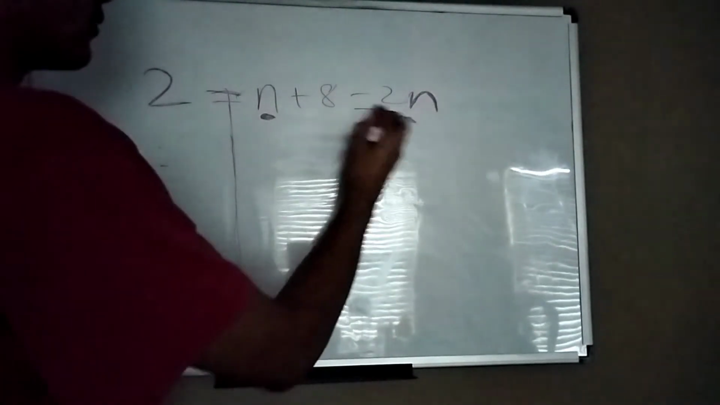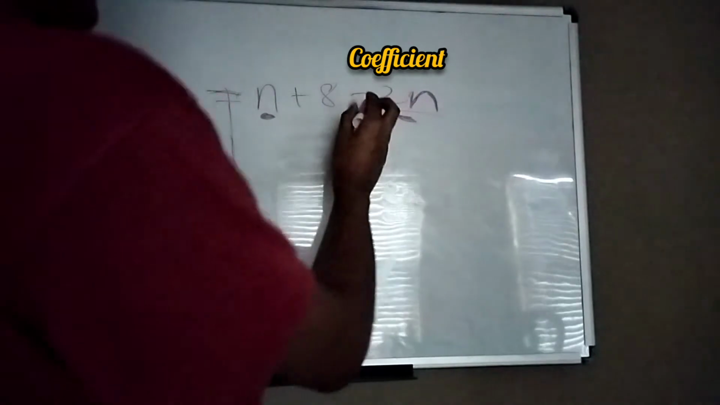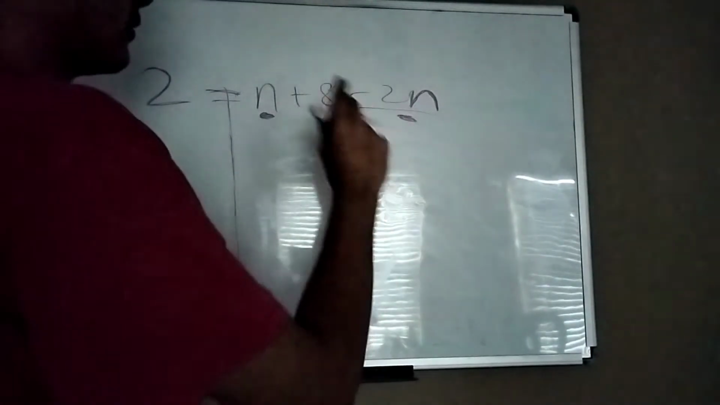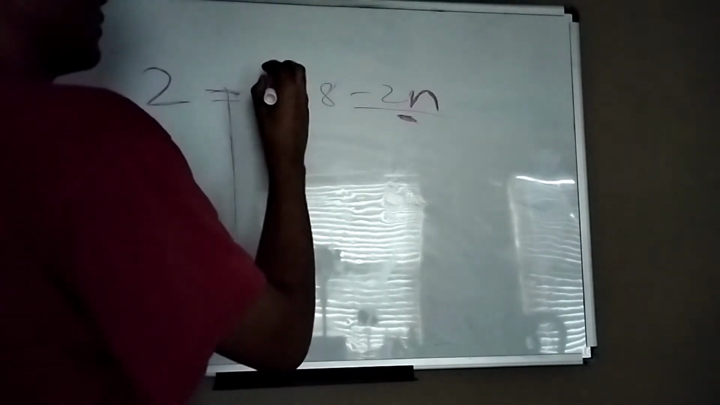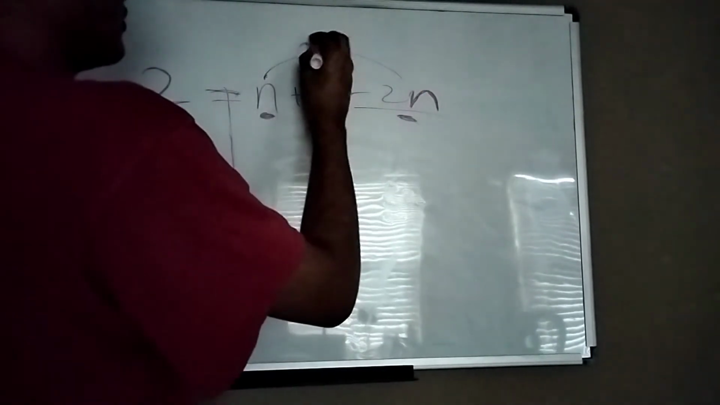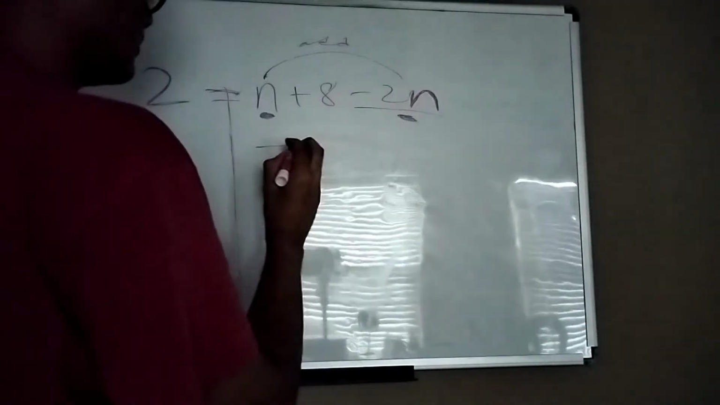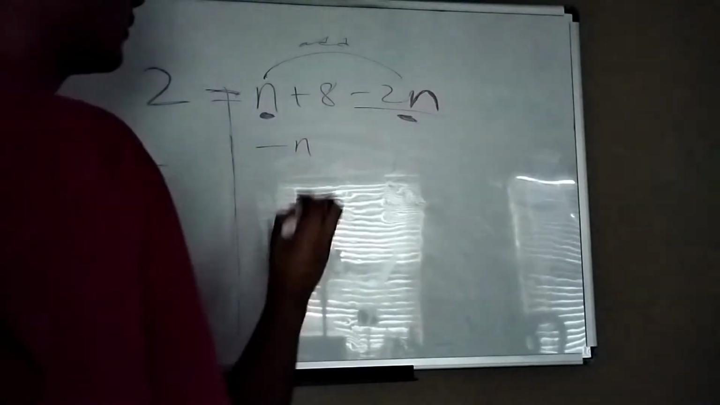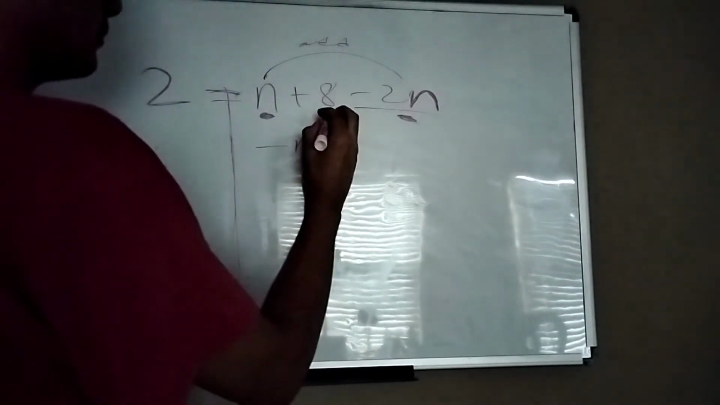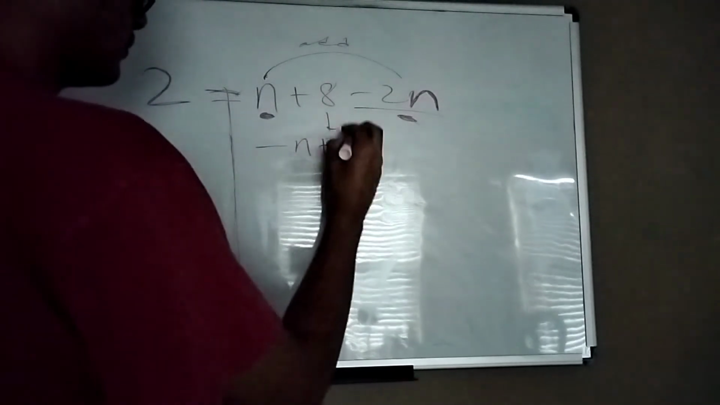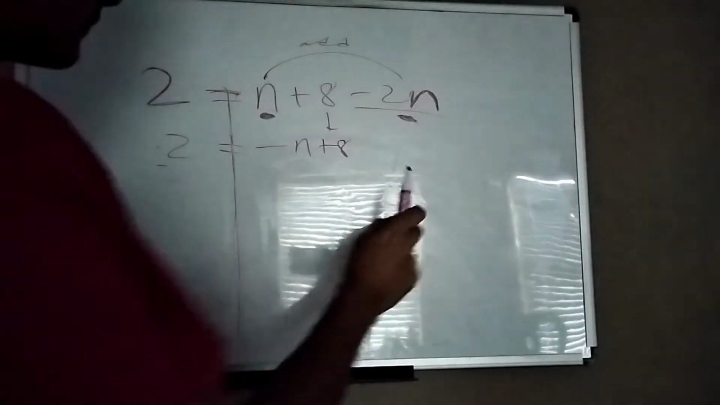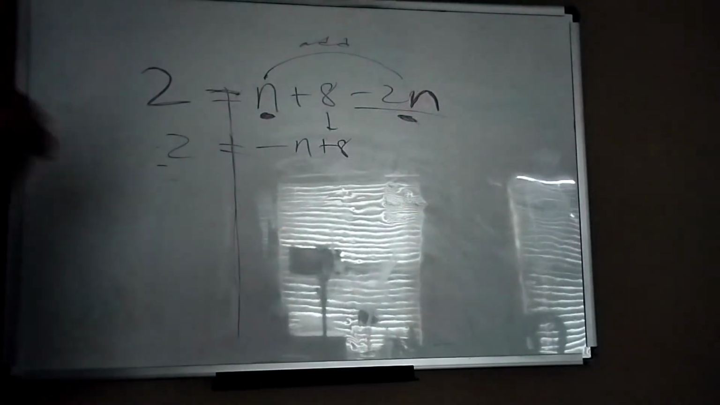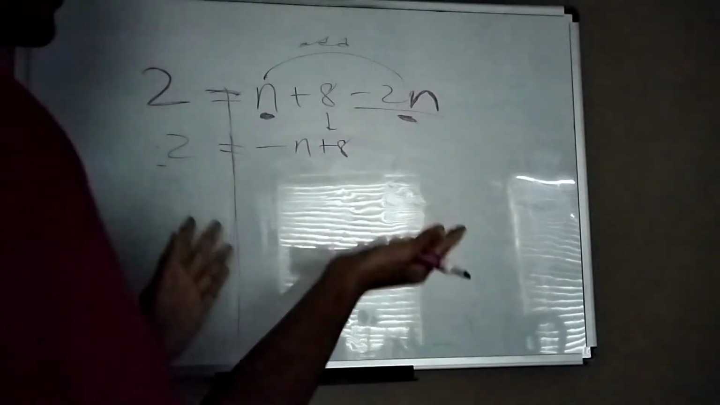and this coefficient. So this is negative 2n and n. This is a regular n. So you add these two, and this gets you negative n. And you bring this 8 down, and you bring this 2 down. So once you got this, basically all we did was simplify